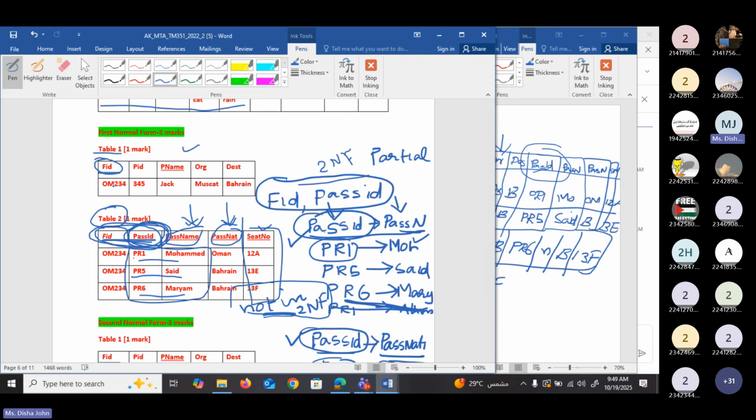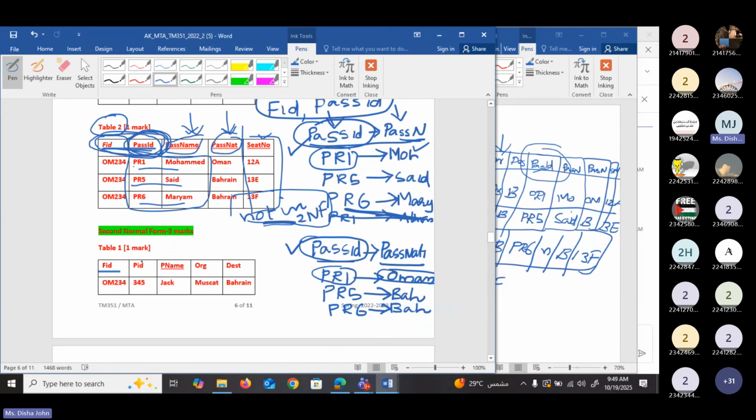If the primary key doesn't have parts, then no need to check for partial dependency. So you can say that table 1 is in second normal form. Do you understand? What you need to check here, if the primary key has only one column, then you can say that it is in second normal form. No need to check for anything. Clear?